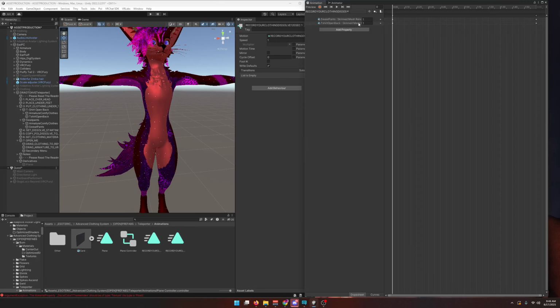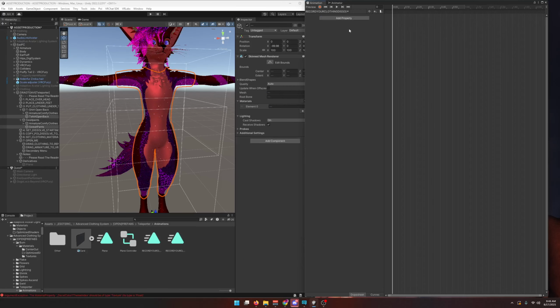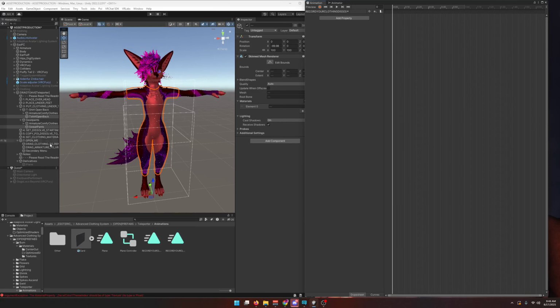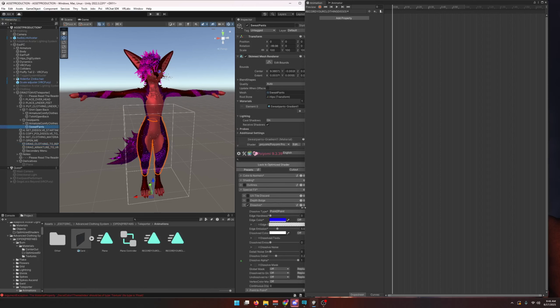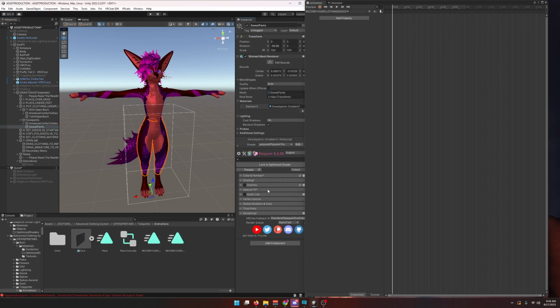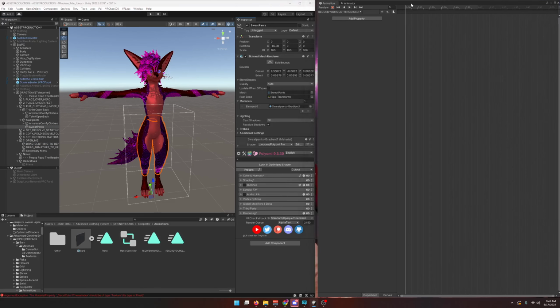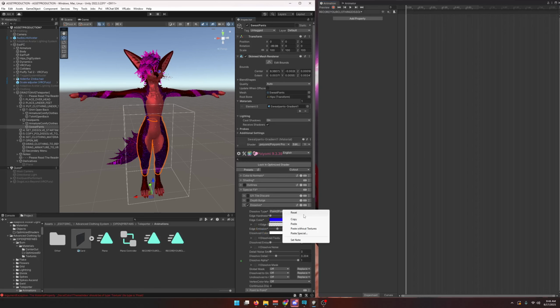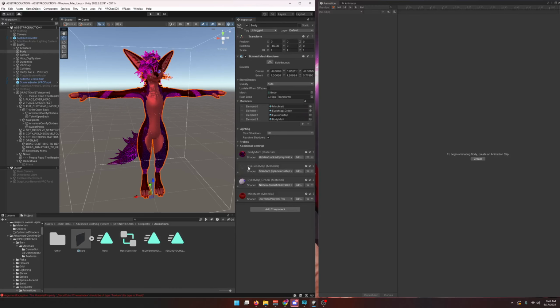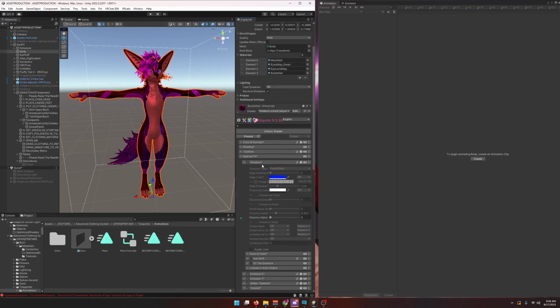Now you have this second one that's just called 1. You don't need these properties. You'll need to take the material that you have right here, special effects, dissolve, copy. You're going to need to place it onto your body, dissolve right here, paste it, and then you're going to